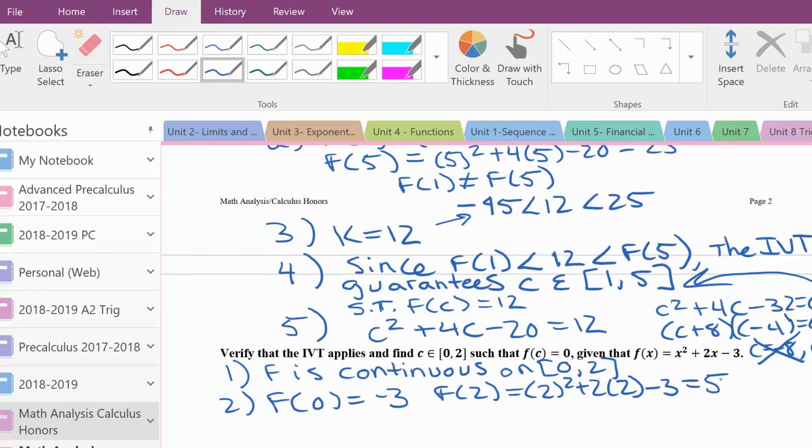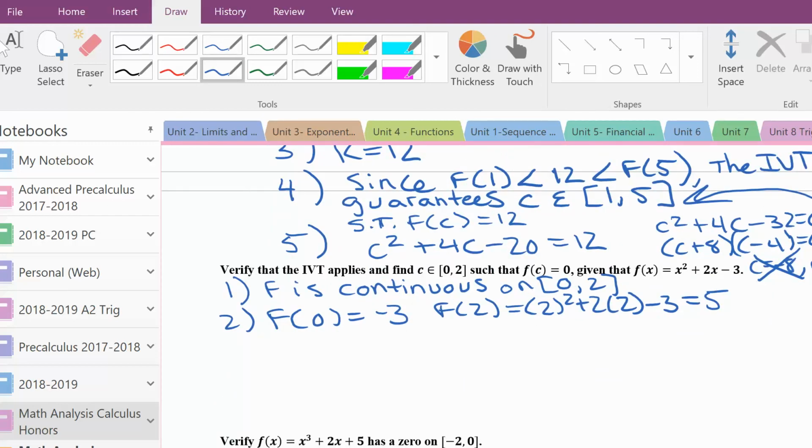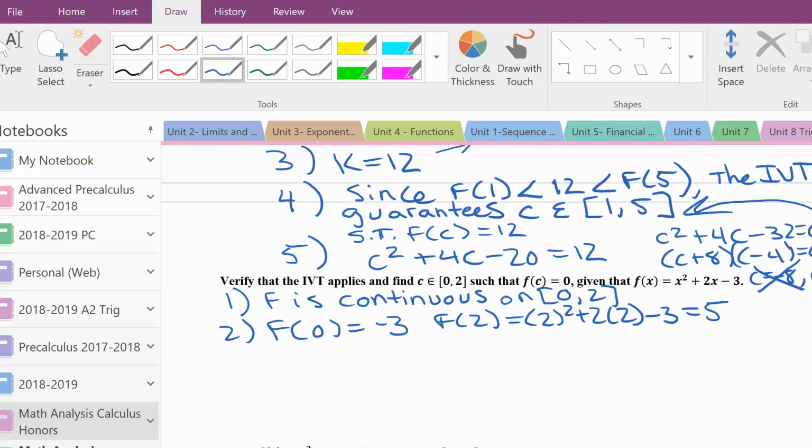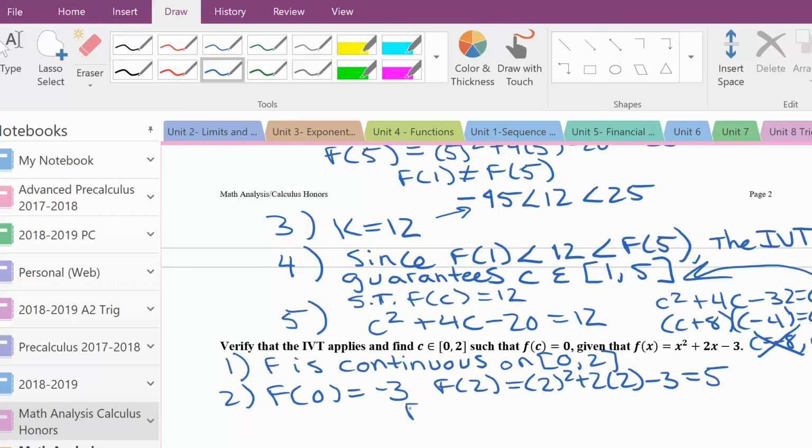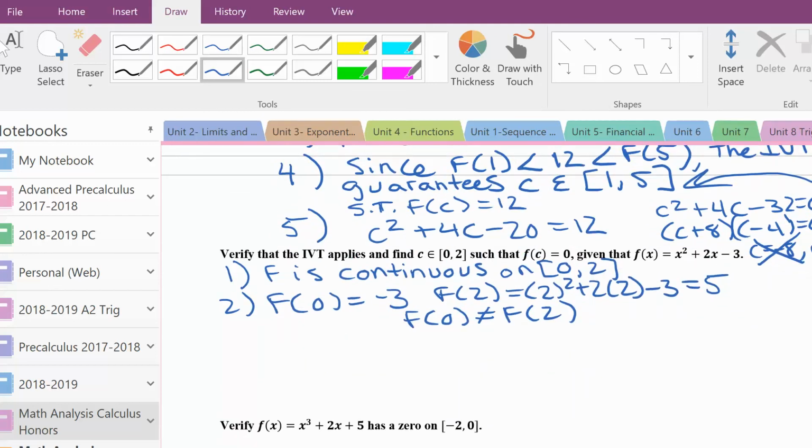All right, so does the intermediate value theorem apply? Because we know f of 0 does not equal f of 2. And the answer to that question is yes, because k is equal to 0 and negative 3